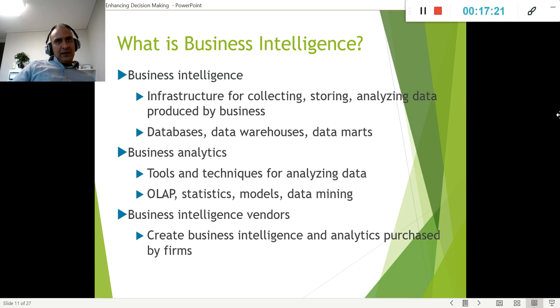So again, in this case, it generates a lot of insights, but of course, we need to understand that we need to implement a system before doing all this analysis, this intelligence. So we need to think of the infrastructure of who is gonna sell us that system. In this case, for example, here we have business intelligence vendors like SAP, like Oracle, Microsoft. They have a lot of these softwares for data analyzing and intelligence.